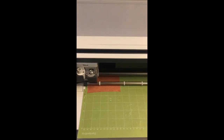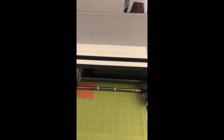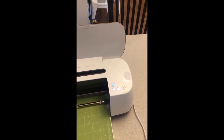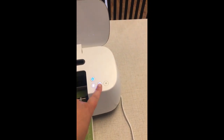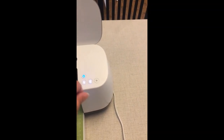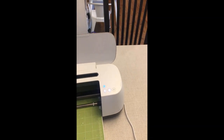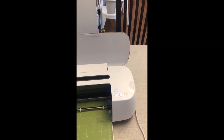I wanted to talk to you quickly about needing to recut your vinyl a second time. If you have something chunky like glitter vinyl and whatnot, to make sure it cuts all the way through, when the cut is finished, your pre-cut button is going to be blinking. So instead of unloading it, you just click on the button a second time, and it will go through a second cut where it cuts in exactly the same line,